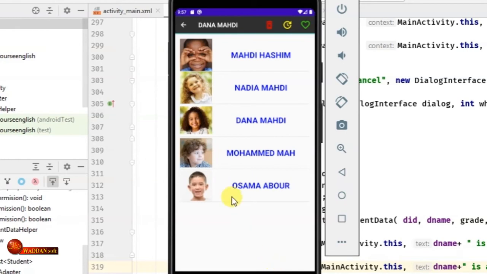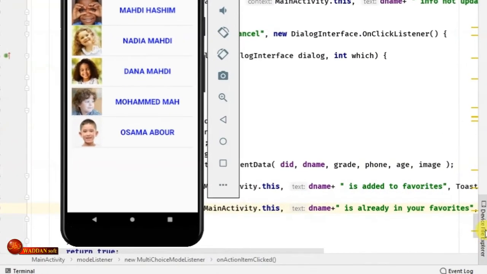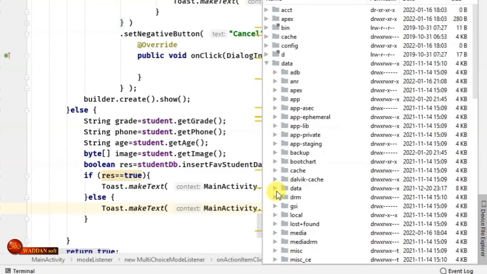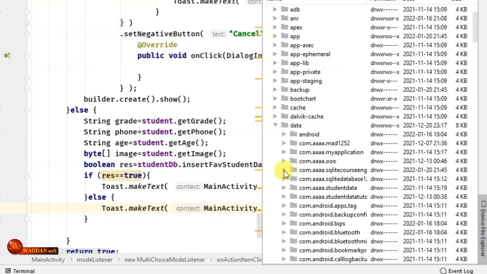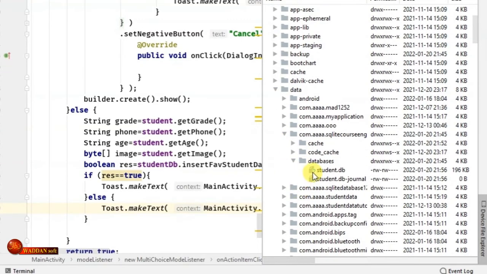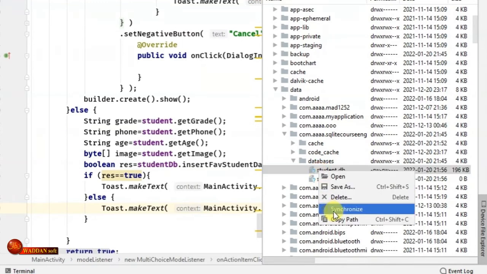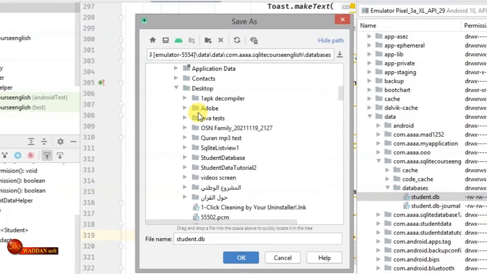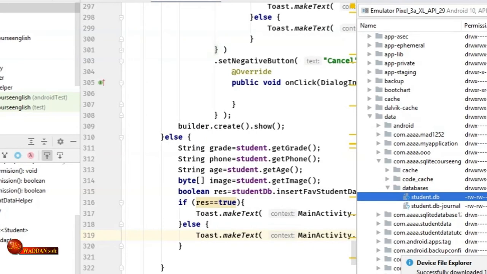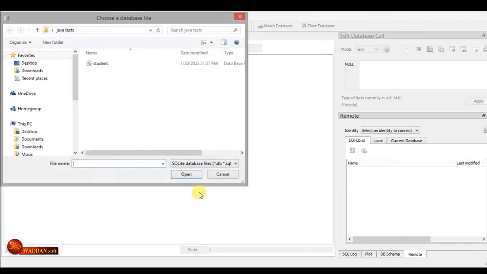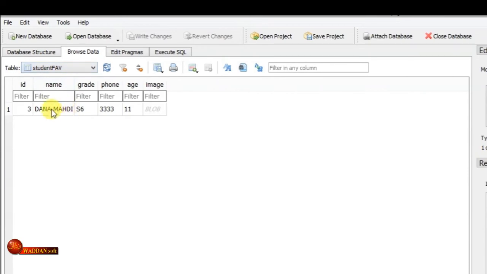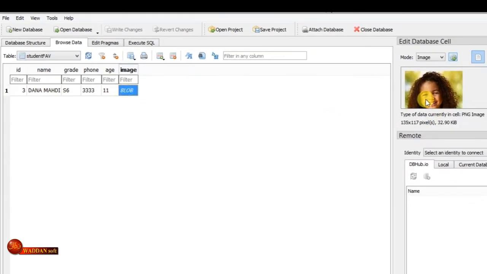We can check if this student was really added through the device file explorer: data, the package name here, and the database student. Right click, sync, and we'll save it to the PC here. Okay, in the database browser we'll open the database, and here we have the student favorite table already created. If we click it, we'll find that the student Dana is added to the favorite list. Okay,